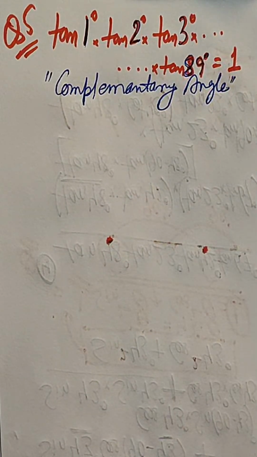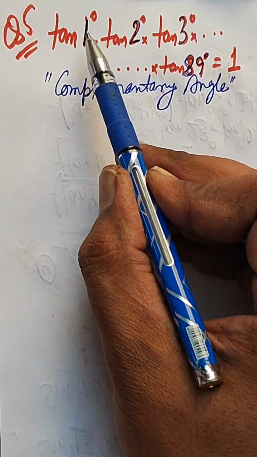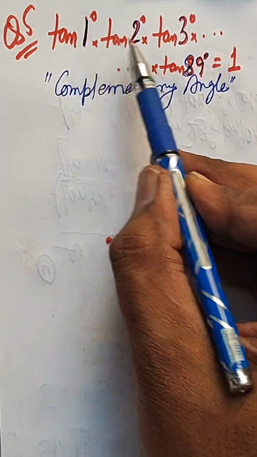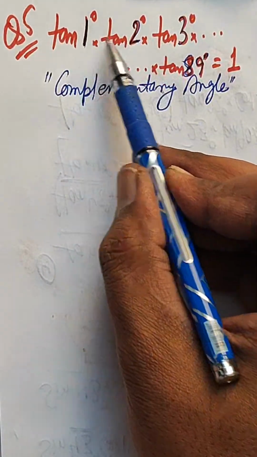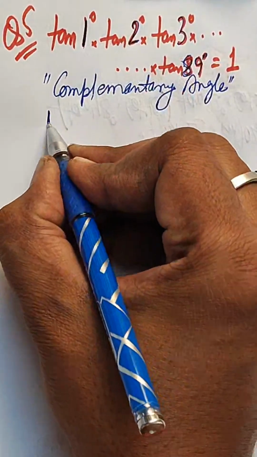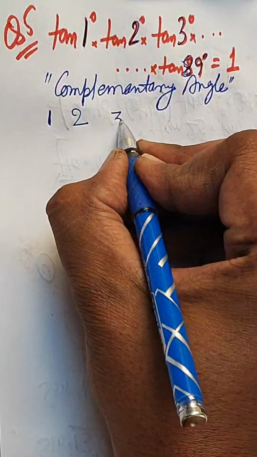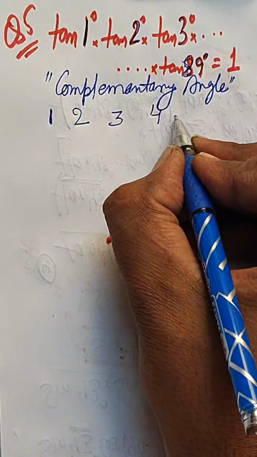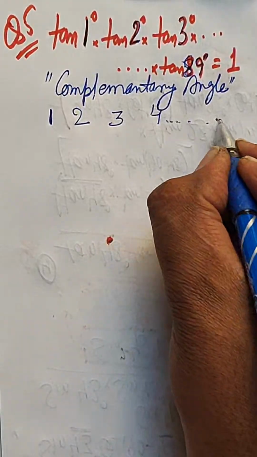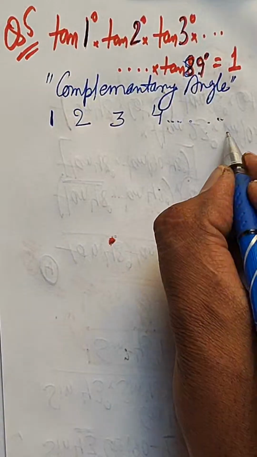How? 1 degree and 89 degree. When you add, if you write 1, 2, 3, 4, then again, from here if you reverse it, just count it,